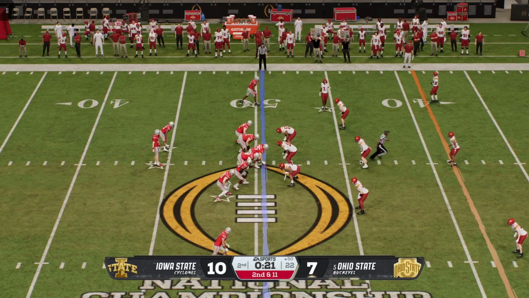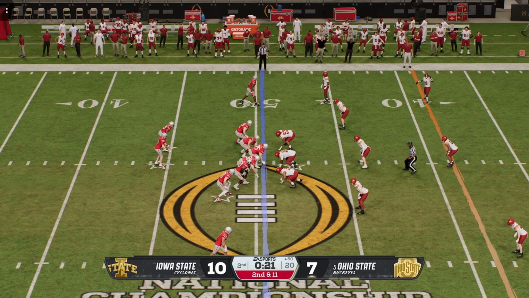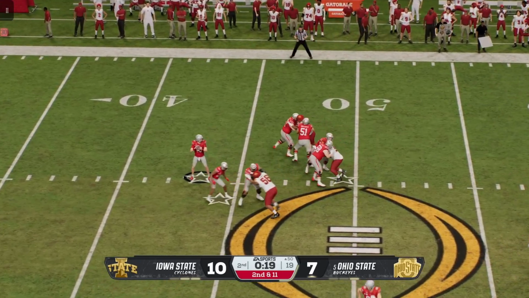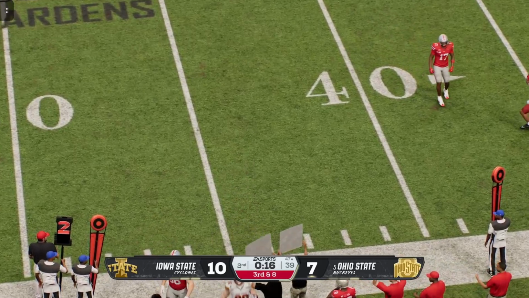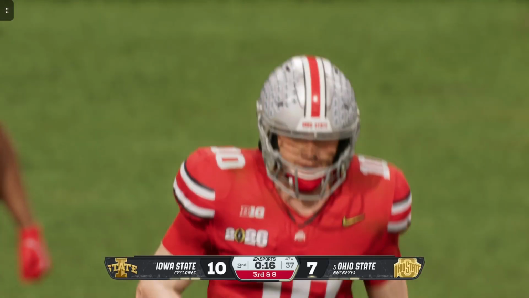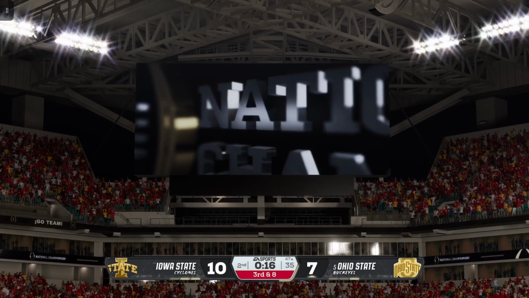Offense getting set. Second down play here. Looking for a man. Quick completion to the tight end. And there's the tight end who shows off his hands.